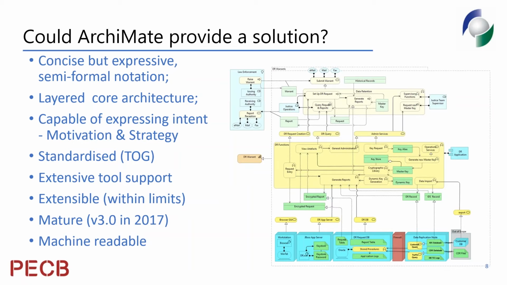It's a standard supported by the Open Group, so perfectly compatible with the TOGAF framework, which is the main system that architects are using. And because of that, there's an extensive choice of tool support, from very good free tools to enterprise level team sharing repositories that will support ArchiMate. It's been going around 10 years. Version 3 came out last year. 3.1 is due in November, so it's mature.